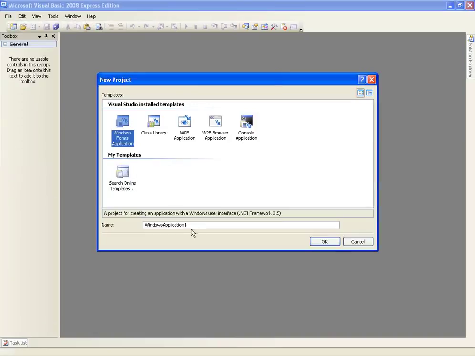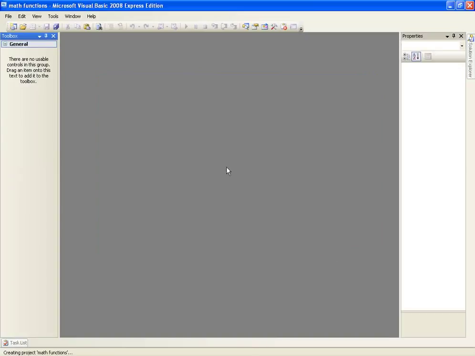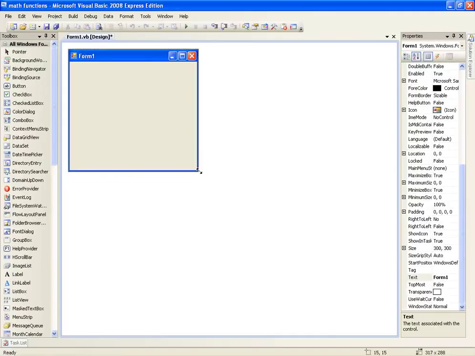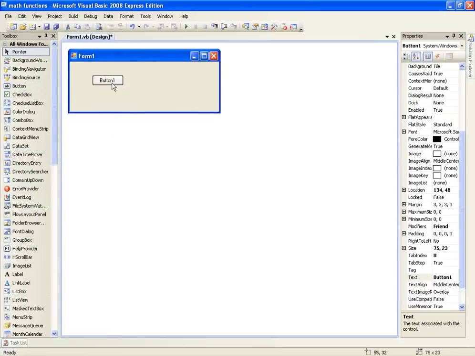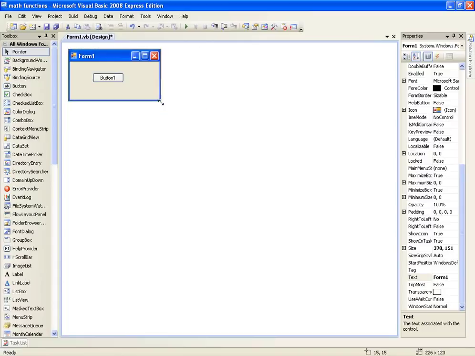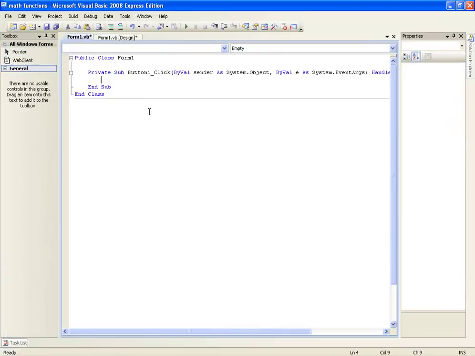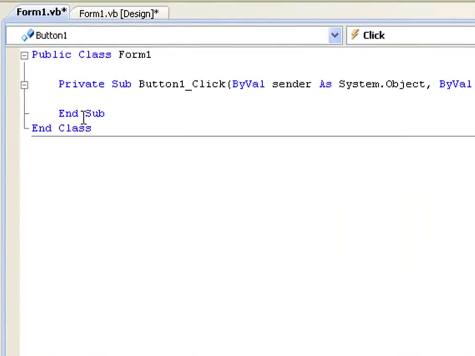First, create a new project and name it math functions and OK. And we're going to create a very simple message box. So we're going to create a button first, and we're going to double click it. And what we want this button to show is MessageBox.Show